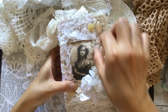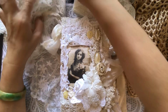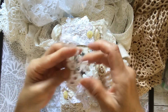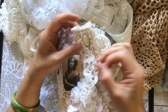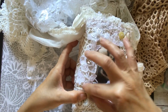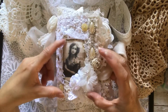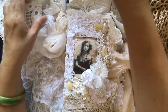And then the side here is from the applique bundle of 10. I have bought a few bundles before, so I've got a few at my convenience. So I use that over there on this edge, and this edge is another applique from the applique bundle. So I use this for the edges, and then at the bottom here I cut up these